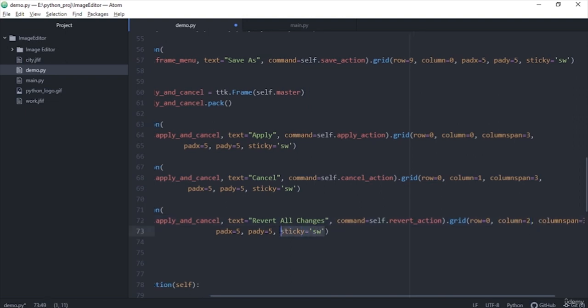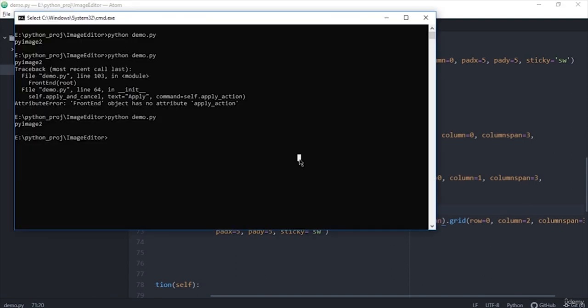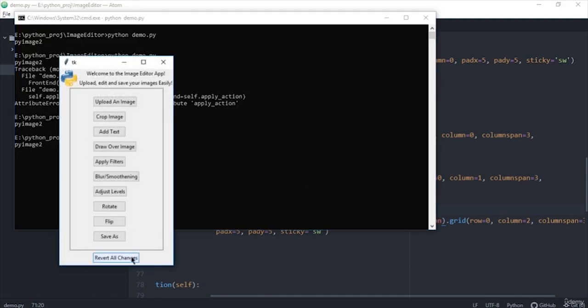Here you can see a new property, sticky. Sticky means in which direction the button should stick towards. So southward means the button will lie on the south side, and west means the left direction. So if I save and run it now,